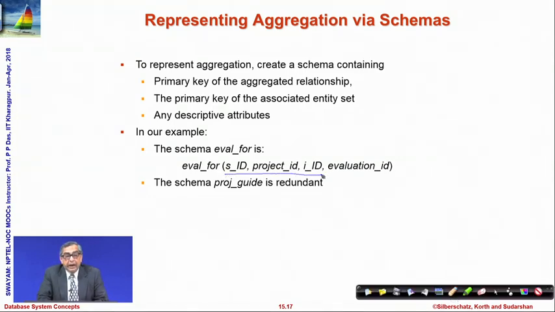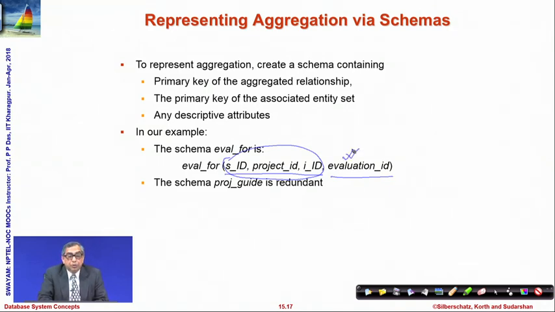these entities, these attributes of the aggregated or abstract entity set, which is coming from the student, project and instructor entities, and this is for the evaluation ID. So, we put this together. Now you can see that all of these are related, representing who is the guide of which student in what project, and if this exists, then this gives you the